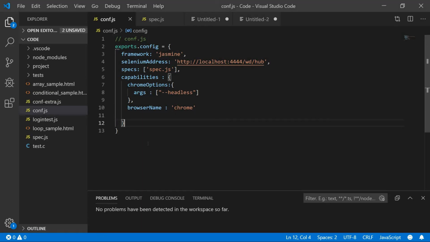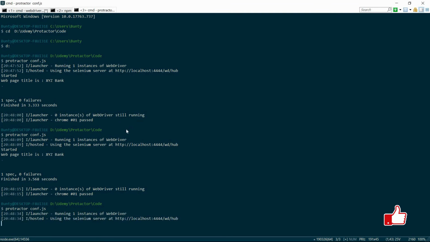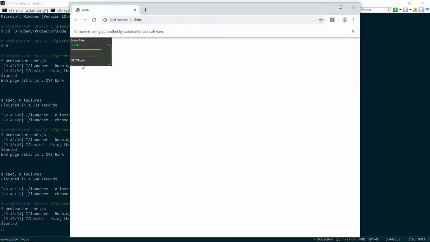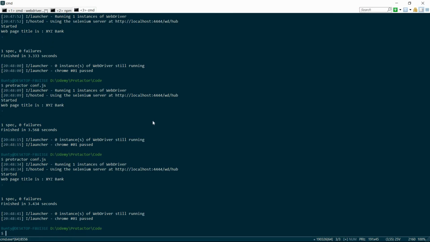Okay, the next thing is that if we want to show the FPS counter, then we also have to pass an argument. In this way we only have to change this, we have to write show-fps-counter equals true. Frames per second equals true means it will show at the start of the program how many frames per second have been captured. When we start this program, before launching the website, we see the frames per second. This is displayed when we set show FPS counter equals true.